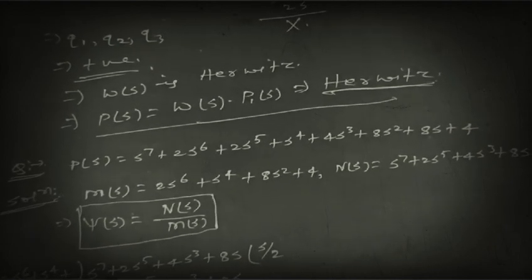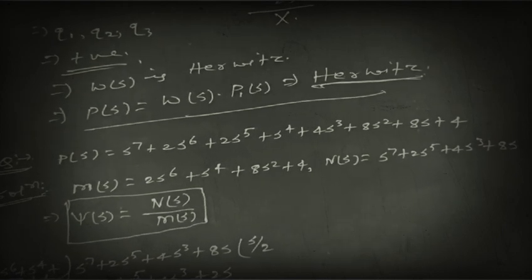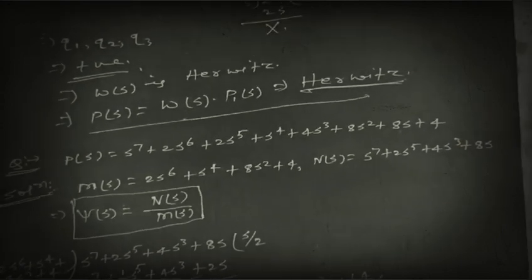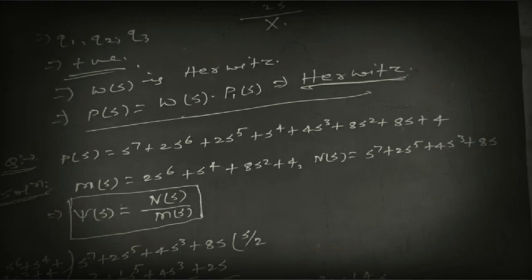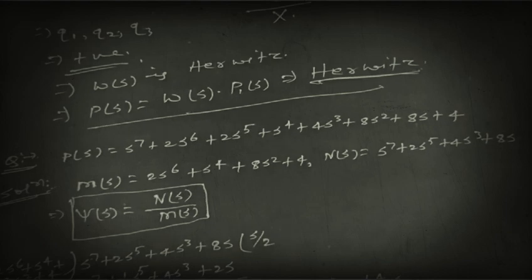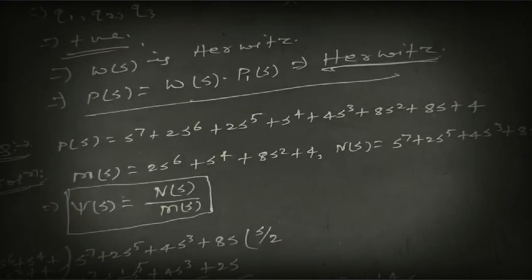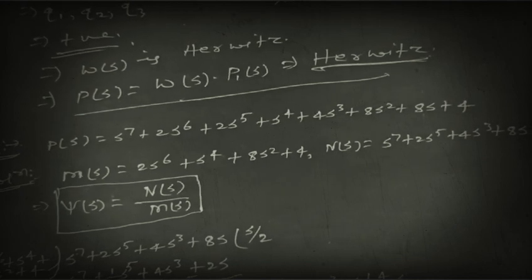To check whether it is a Hurwitz polynomial or not, we first see some basic conditions we have to check. That means all the terms are real and positive and there is no missing term between the highest and lowest degree. So next we have to go for continued fraction. That means we'll separate the even terms and odd terms.